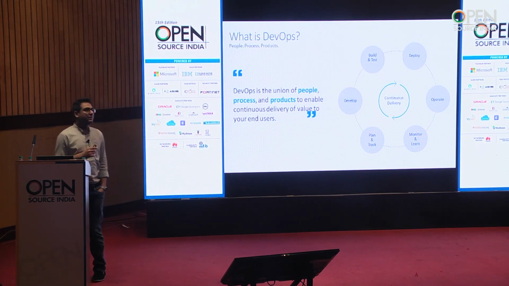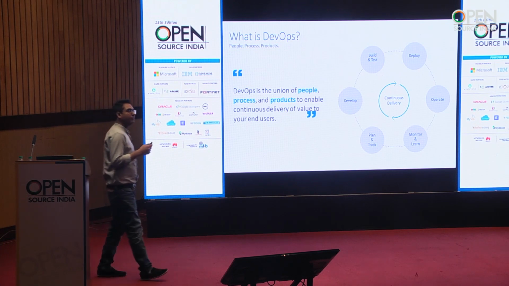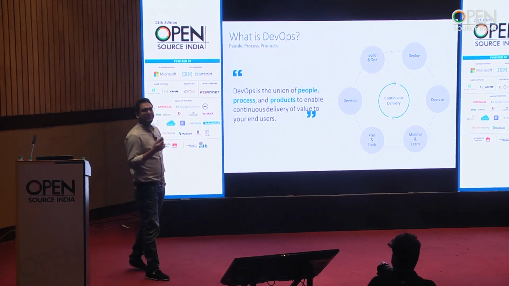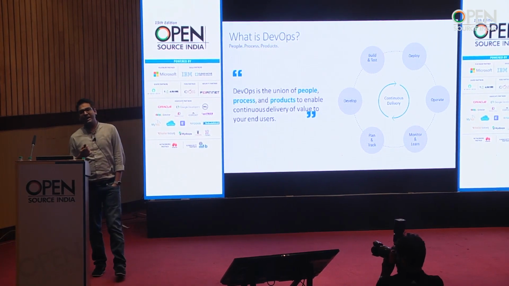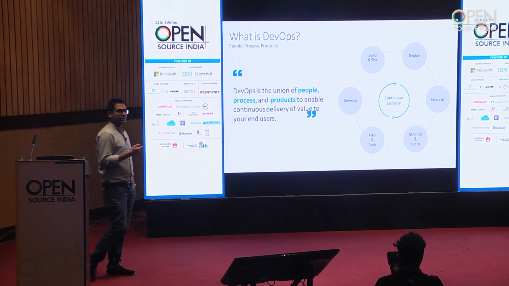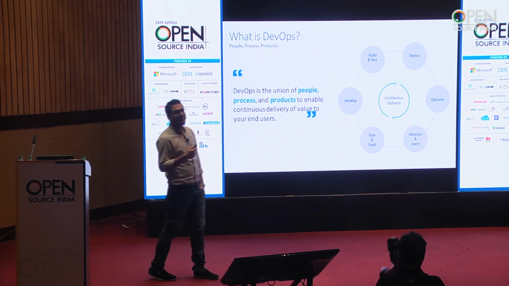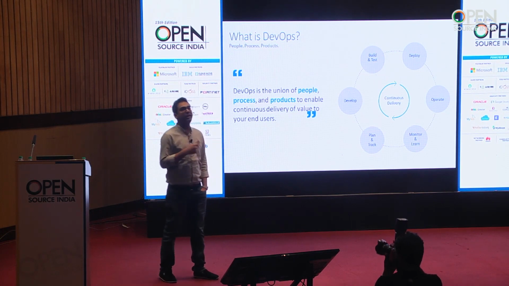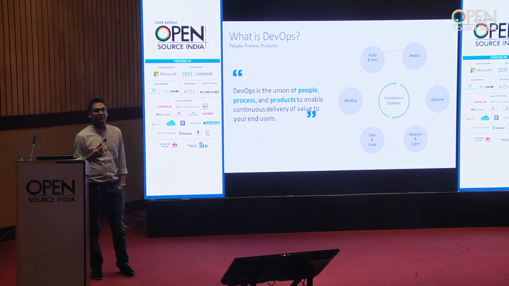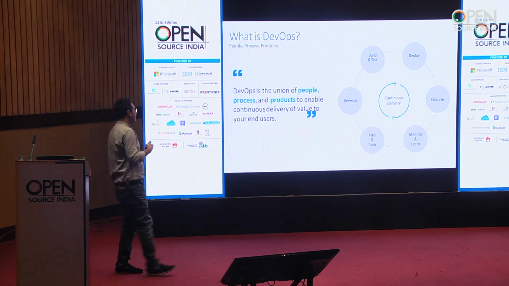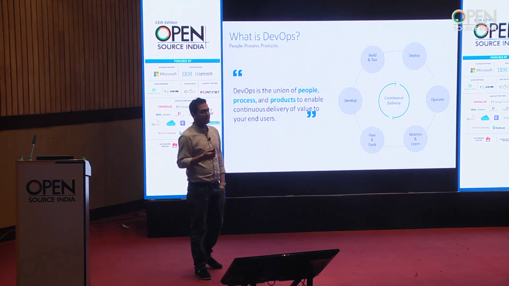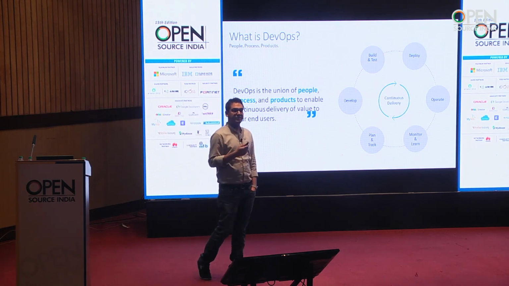So DevOps is nothing but an amalgamation or union of product, process, and people. But what do we mean by the union? It means that people are using the product to implement a process. And the goal of that implementation is that they want to have value delivery to the customer as soon as possible. So that's what we mean by DevOps. Let's keep that in mind. The biggest point over here is that we want to have a continuous delivery of value to the customers, and we want to do it as fast as possible.